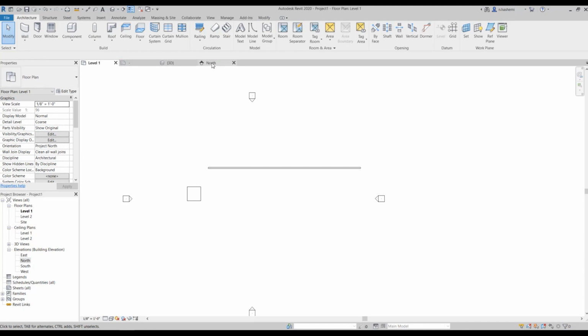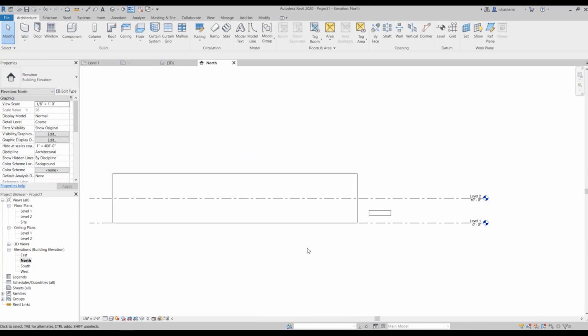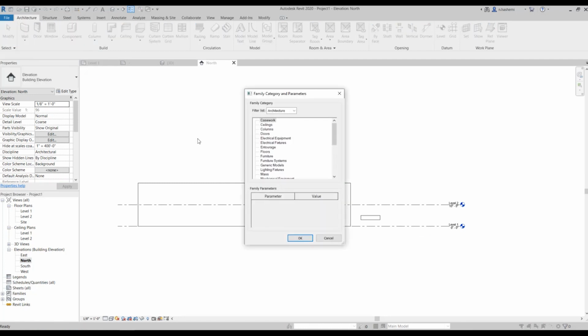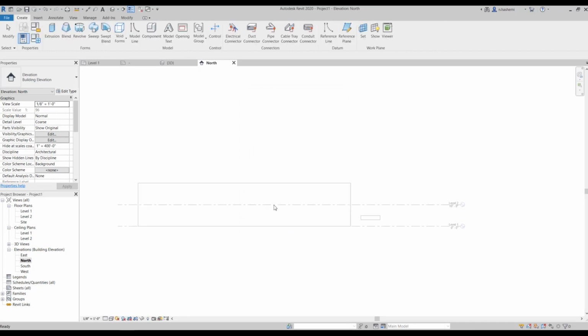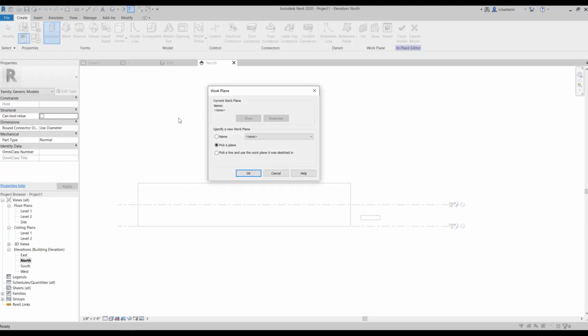Now let's switch to north elevation again. Okay, so go to component, model in place. I'm going to select generic model again. Okay. So I'm going to select extrusion.